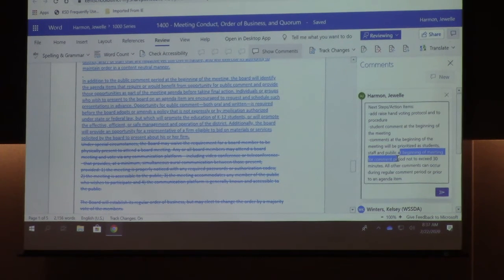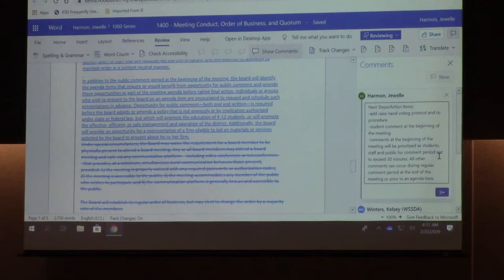I like the idea of the timer. People can have the visual, and I can acknowledge when I start talking that there's a timer, so please be aware of it. A lot of people just don't take the time to read through their comment and see how long it actually takes. They're very passionate about things, and you can tell when someone walks up with like 5 pages of small type, and it takes about a minute to read a page.